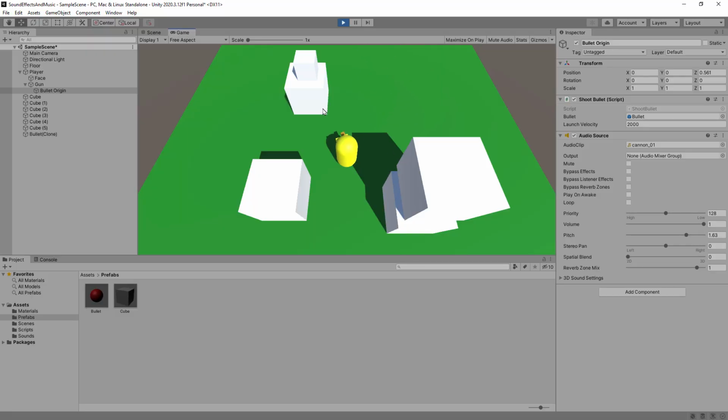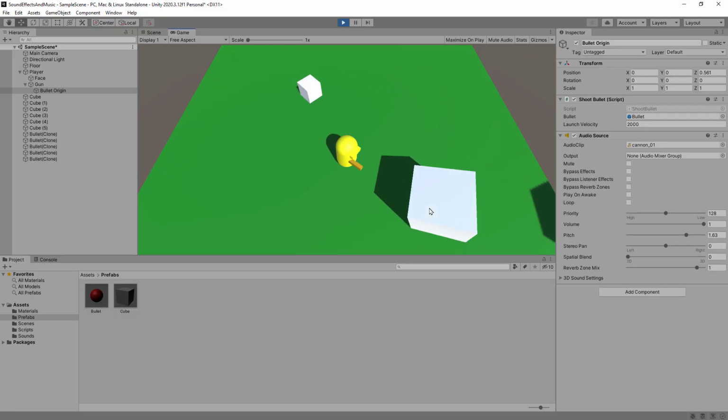In this video, we will learn how we can add sound effects and music to our game in Unity. For example, to play a sound when we shoot with a gun or when the bullet hits an obstacle. We will take a look at a few different ways to handle this, some settings we can change, and as